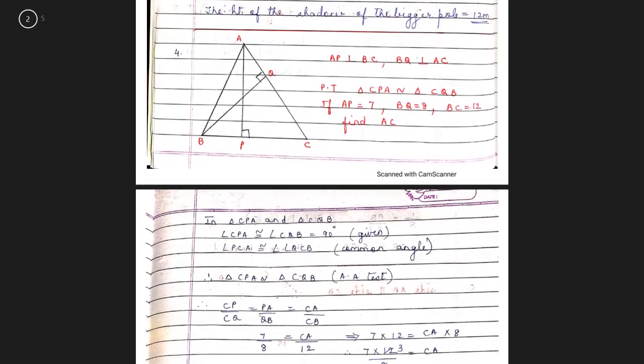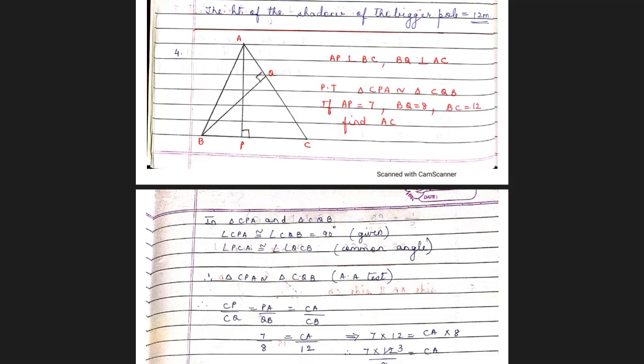Now children, whenever you write two triangles similar, always try to write it in terms of correspondence. For example, here I started with vertex C. Then I went on to P, which is 90 degrees. The third vertex left is A. Similarly, for the other triangle, since C is common, I started with C. Q is the angle 90 degrees, so P should correspond to Q. So I wrote Q. What is left is B. So triangle CPA is similar to triangle CQB by AA test.